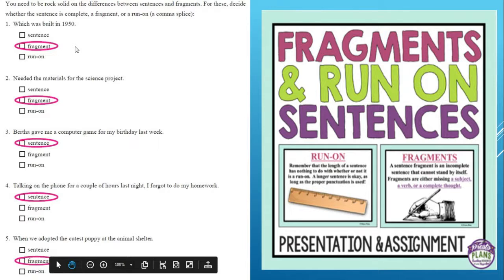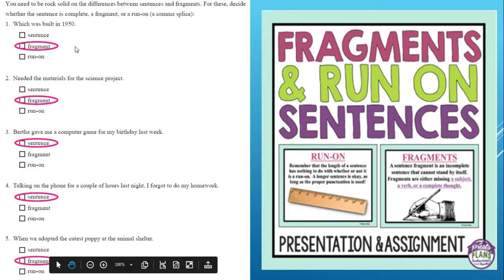Well, you're going to tell me, well, the sentence before it explained about the house. No, you have to include that as part of the prior sentence to make sense. So you have comma, which was built in